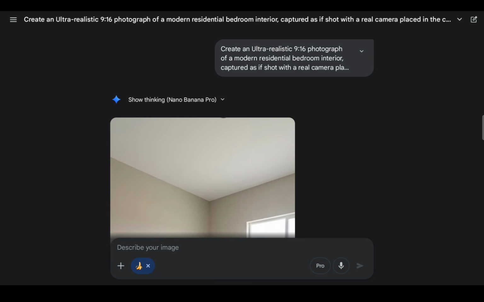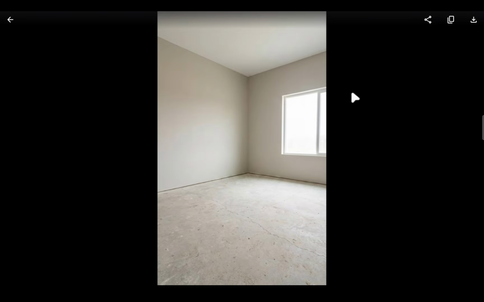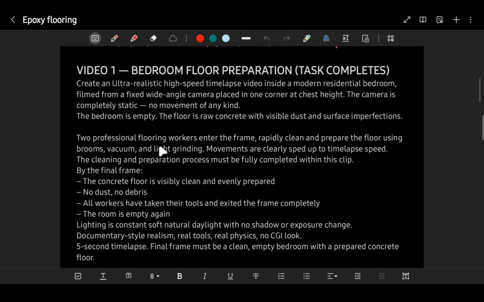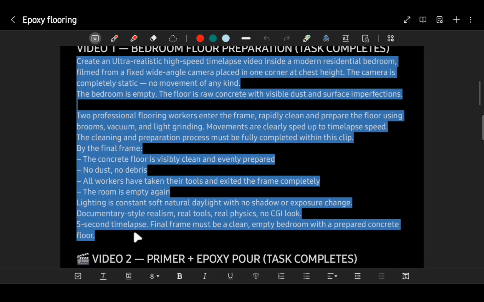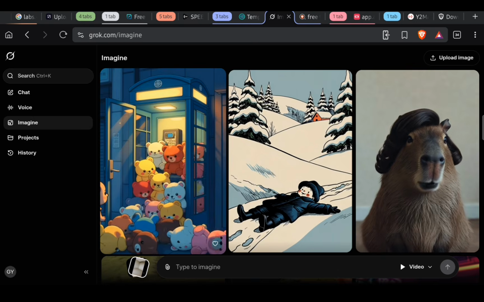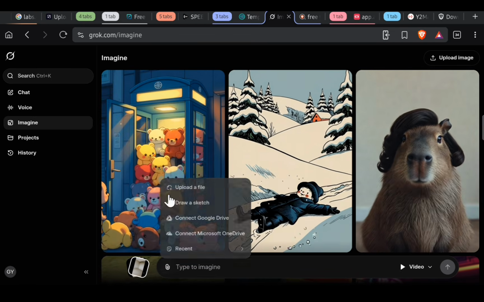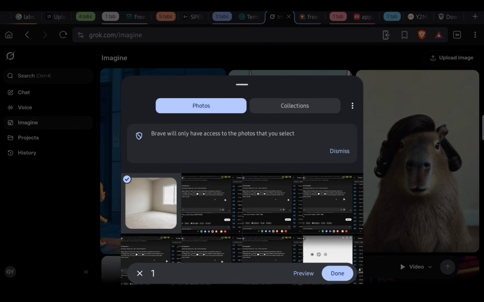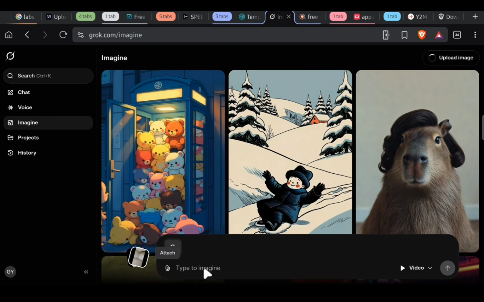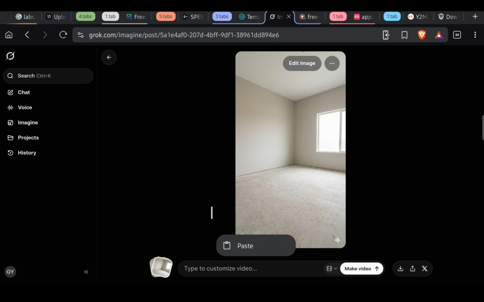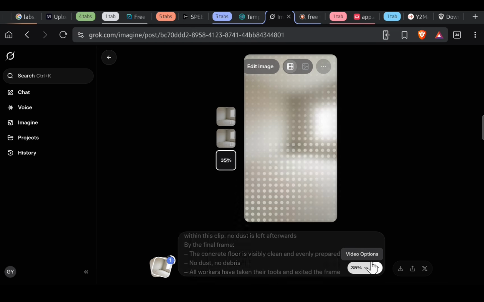After the image is generated from Nano Banana, save it and go back to the prompts and copy the first video prompt for video generation and then come to Grok AI. Here, select video and select the frame size as 9:16 and then upload your image using Upload a File. After uploading, paste your video generation prompt in the description box below, and after some loading, it will generate the